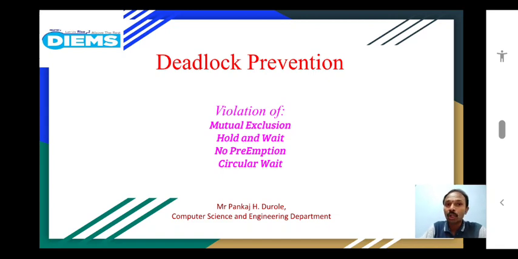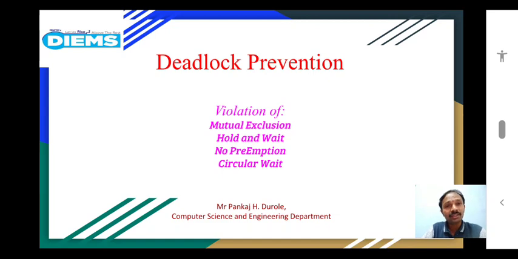Now preventing the deadlock, the solution we identified in the previous video was that prevention of deadlock can be done with the violation of any one of the four necessary conditions of deadlock, right? The four necessary conditions are listed here on the first slide itself. If we are in a position to violate any one of these conditions, deadlock will be easily prevented, because occurrence of the deadlock is not a single-step process. It is a combination of four different scenarios that should exist in your operating system, which are again listed here on the first slide.